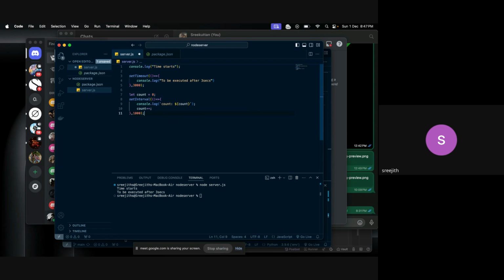Initially I've set the count to 0. Then I want to print the count, which is actually count. Then I increase the count with plus plus, and this repeats every 1 second. I haven't created a function to stop this, so it will execute forever, to infinity. If I test this thing,